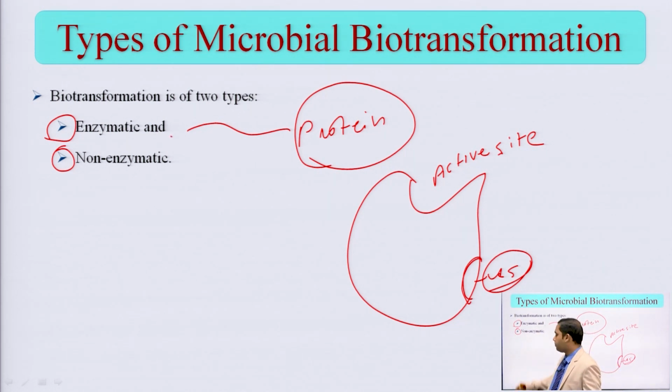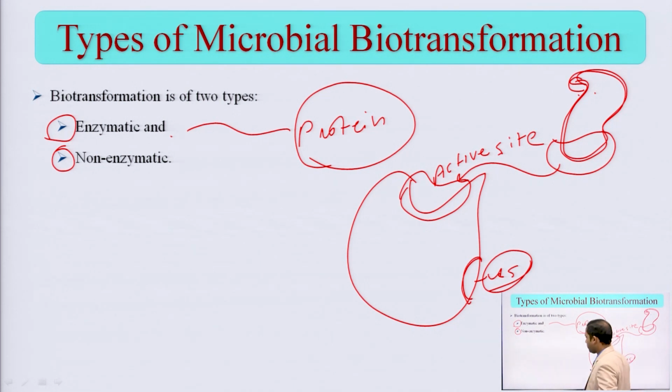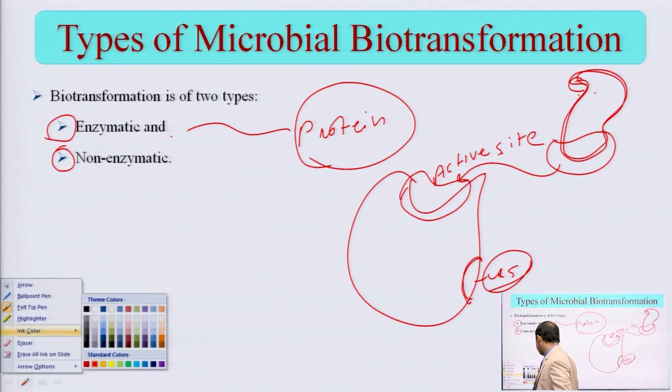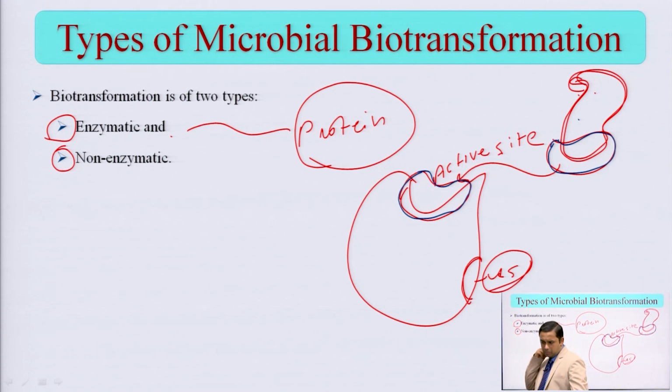When you select an enzyme, you have to check the substance. For example, I have a substance like this. Okay. I have a substance or metabolite like this. So, I have to check the active site of my enzyme and the component of the substance that is supposed to be metabolized or biotransformed, whether they are complementarily matched with each other or not. If it is matched, then you may use that enzyme.